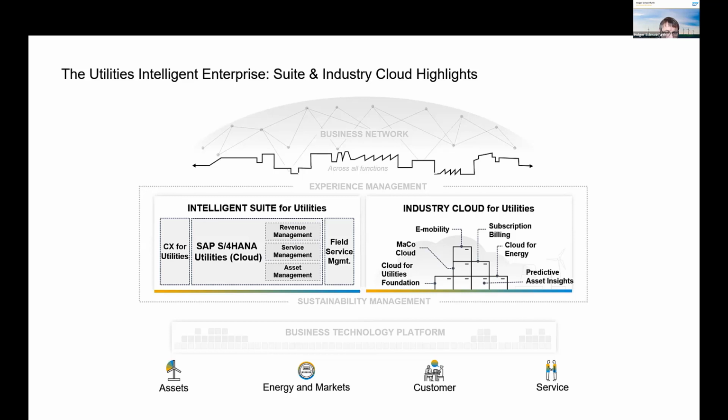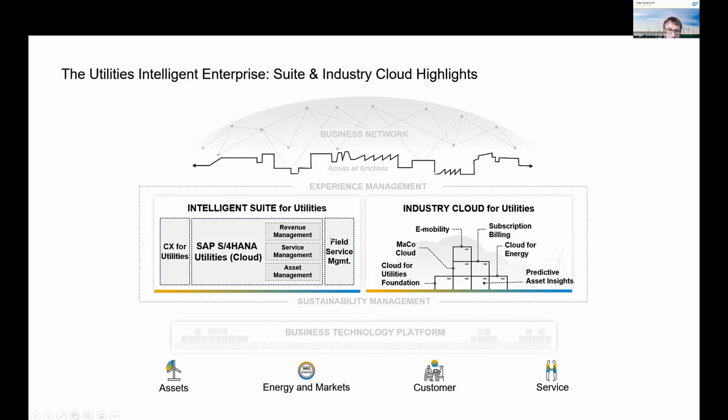We are providing already in this context very tight integration scenarios, for example, for leveraging customer data in marketing campaigns, for doing any fast time to market for new products and services, with a tight integration in S/4HANA utilities for the creation of the respective master data.